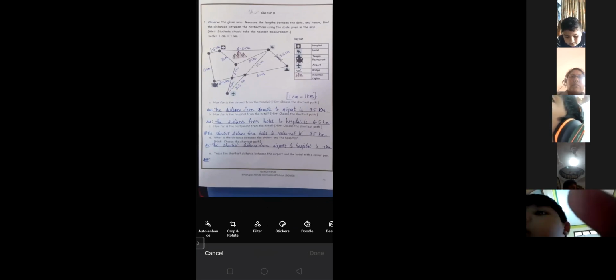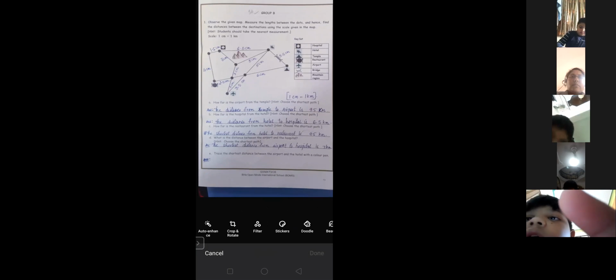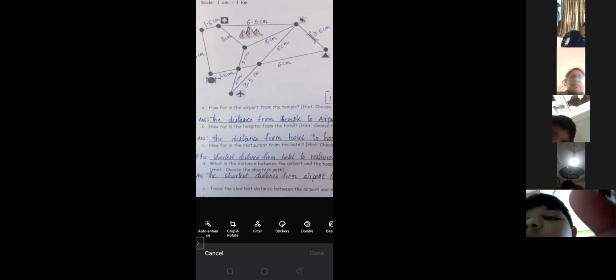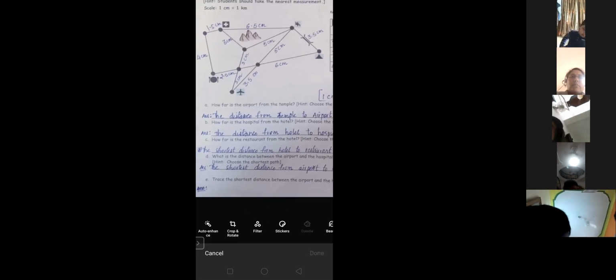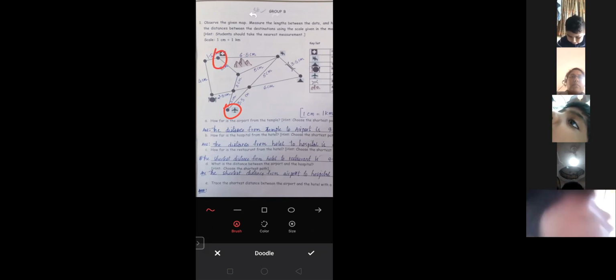Okay, next, D bit. What is the distance between the airport and the hospital? Where is the airport here? Where is the hospital? Here. He is asking what is the distance between the airport and the hospital.